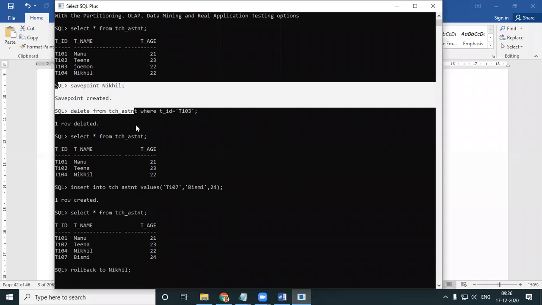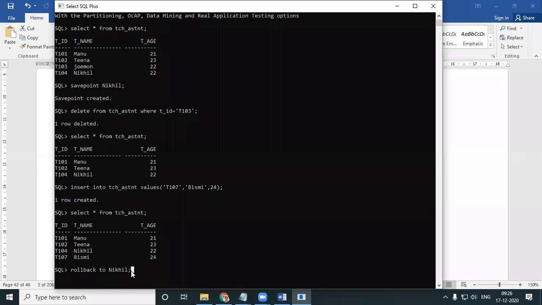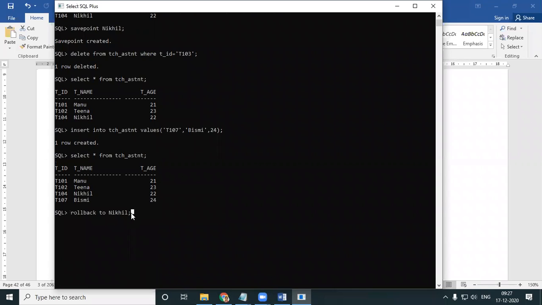All the things which happened after the save point are rolled back, which means the Jomon delete is rolled back, and the BISMI insert is also rolled back. Let's see what happens. The rollback is complete. Let's see what happens.